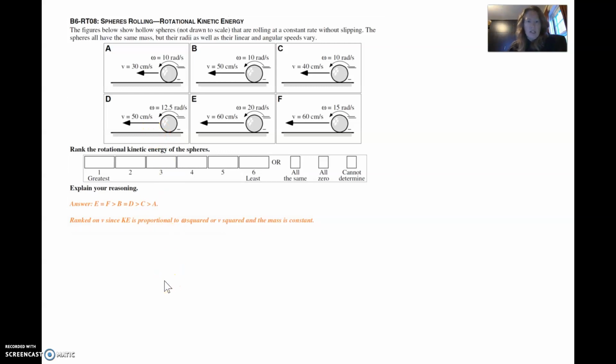So as we look at these, we could calculate their radii pretty easily because we are given velocity and omega. But let's look at the equation for rotational kinetic energy. So when we look at that, we know that that would be 1/2 I omega squared. It's just like 1/2 mv squared, but remember we're always using I instead of m when we do these rotational things. So I looked up the value for I in the book, and for a hollow sphere,